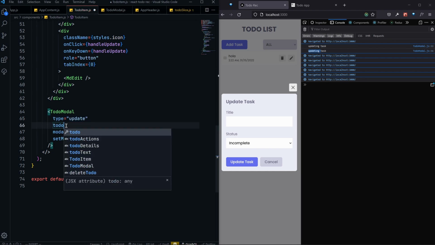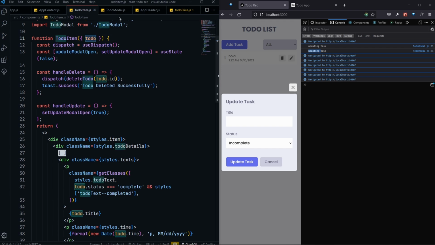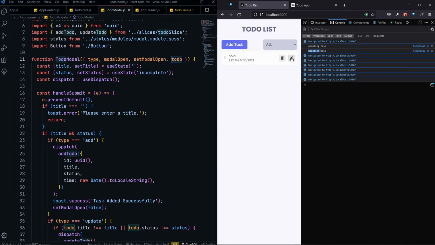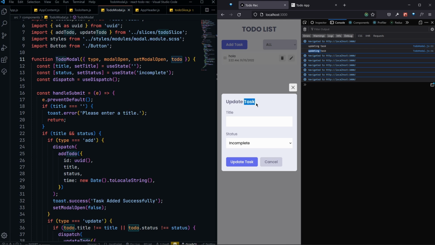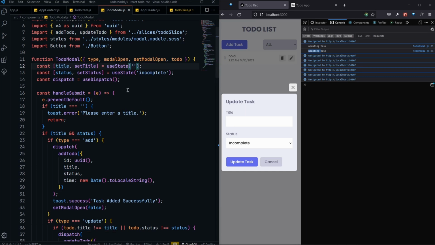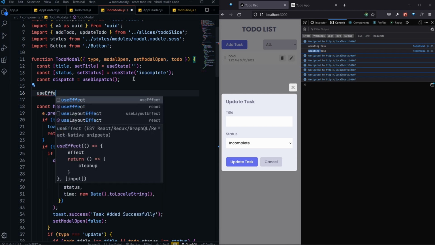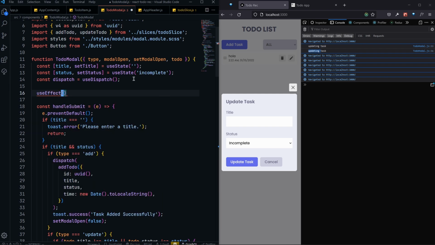So to do, which will be our to do item that we are getting from our props, right? Great. So now whenever we render our update task, we are having our old to do. Now we can specify the title will be the old to do title. So we are having the title empty, as you can see here. So what we can do, we can do a use effect. So inside this use effect,